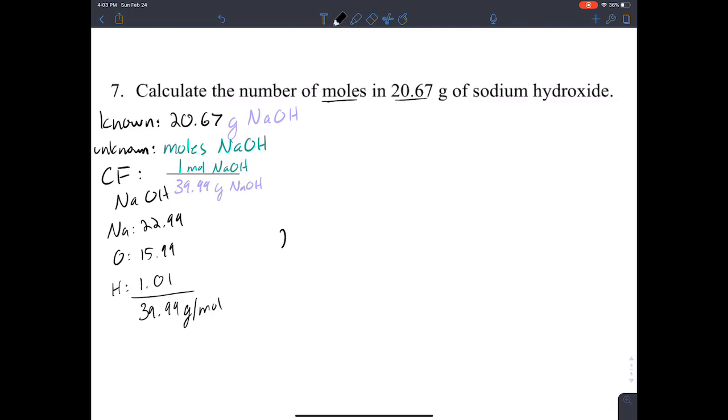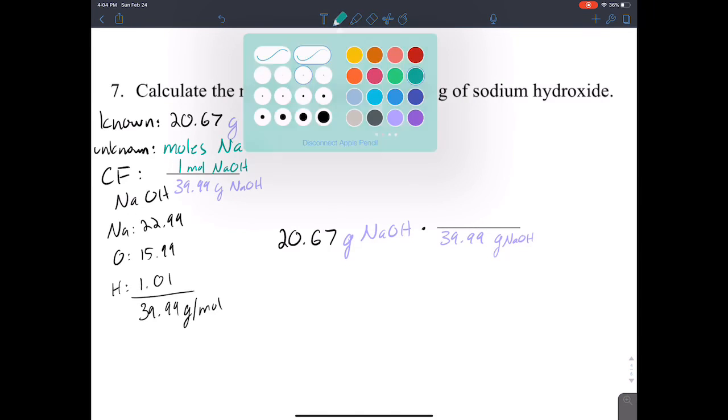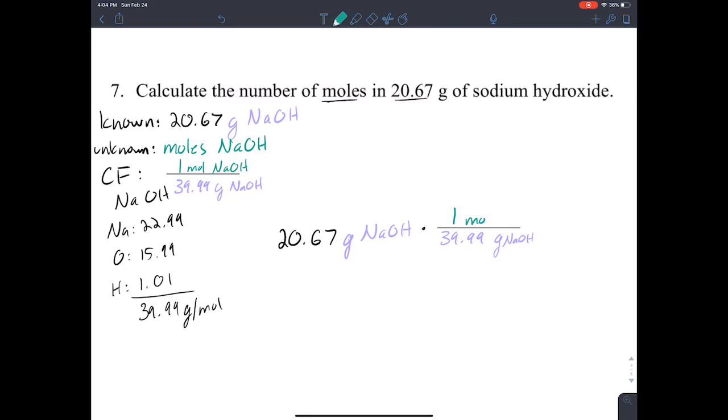We take our known, which is 20.67 grams of NaOH. We need to multiply that by a conversion factor, which we need to set up so that grams cancels. We want our known to cancel, so we need to put grams of NaOH down here. Okay, and that is how it's already set up, 39.99 grams of NaOH for every 1 mole of NaOH. So this turns into 20.67,